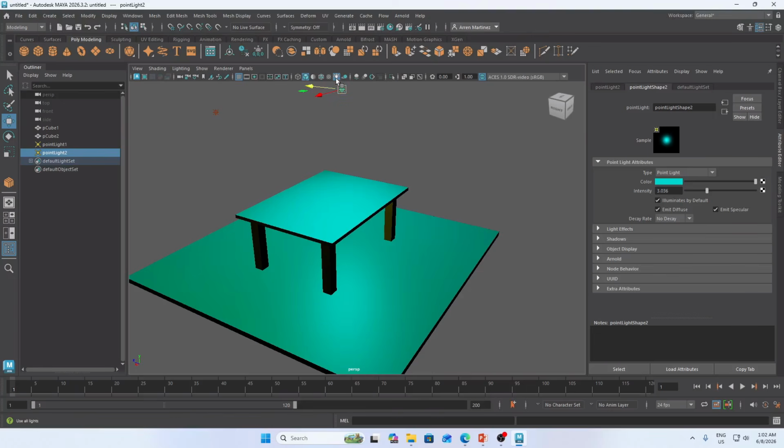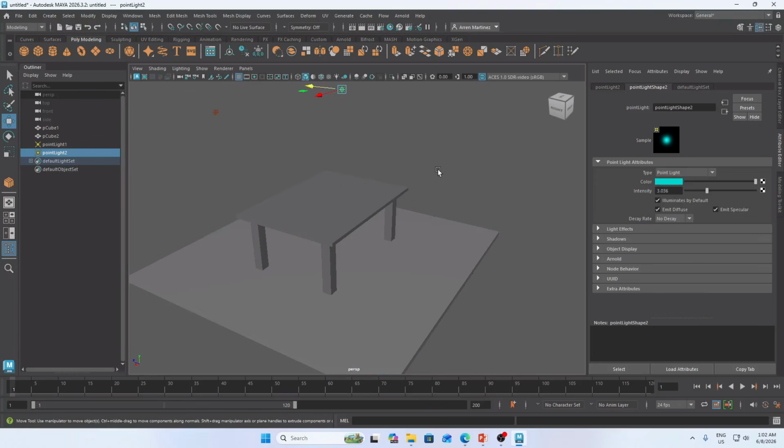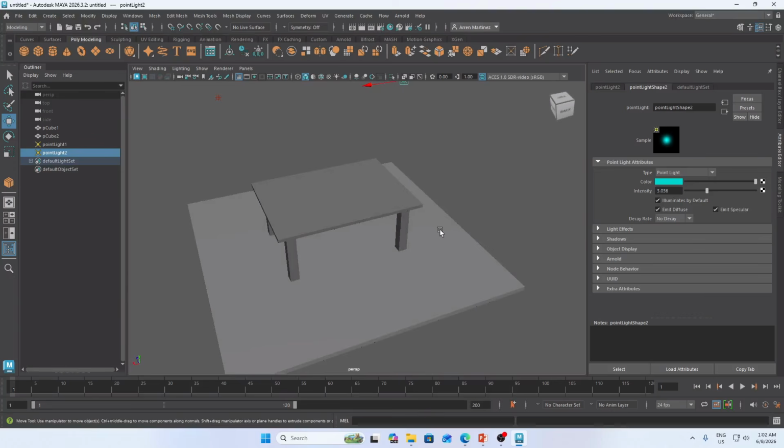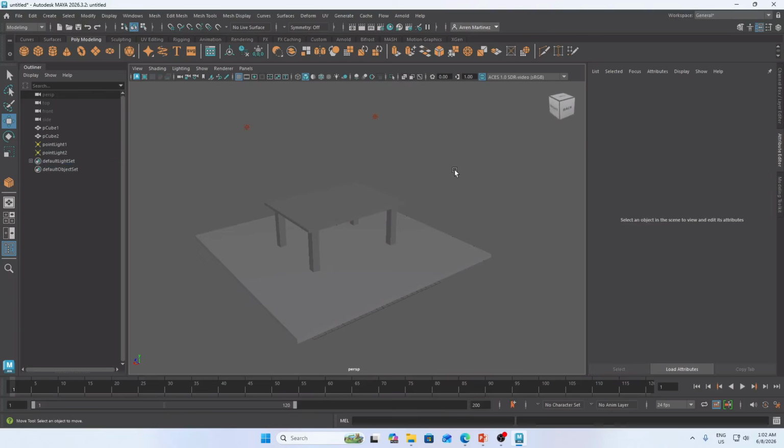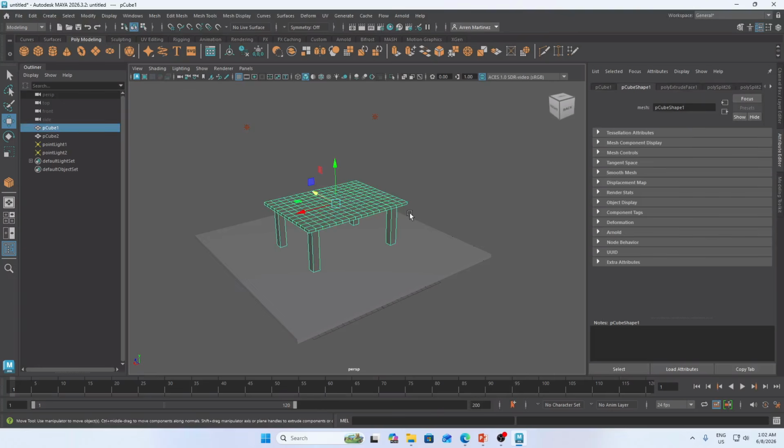You can disable the light if you want to create another model, because it is not necessary in the modeling procedure. Now, you can also duplicate this particular object. How? Just hold shift.